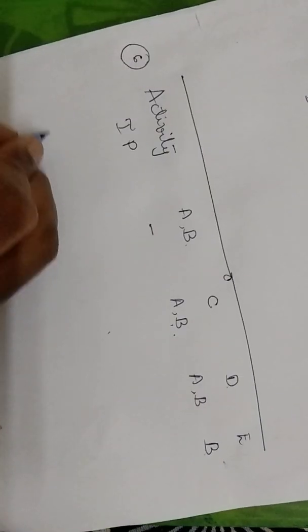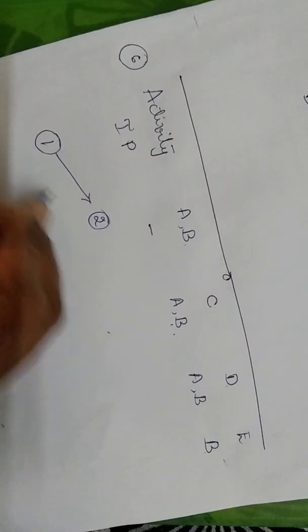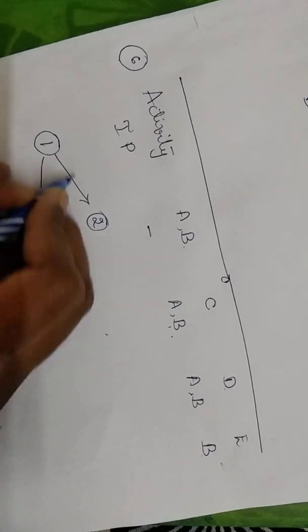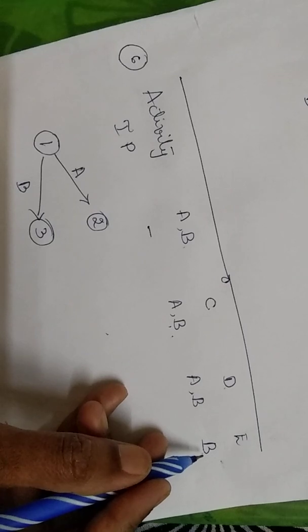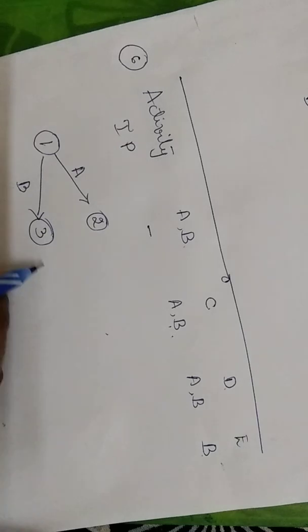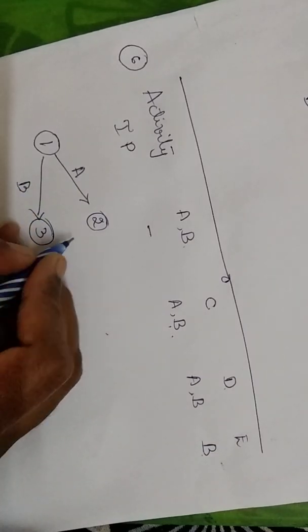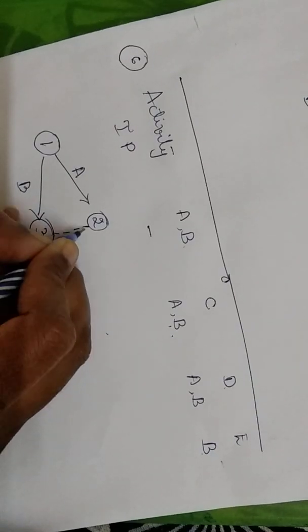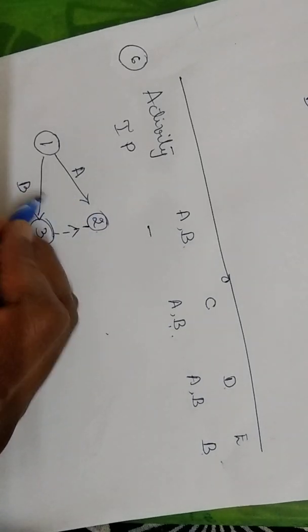Now let us see how we can draw a network diagram here. So here what I do is I take up two activities, that is A and B. And while drawing the dummy lines, we should be very sure. If I draw a line from here to here, it would mean that for E, the immediate predecessors are A and B. So this cannot be worked out. So what I should do is draw a dummy line from 3 to 2.